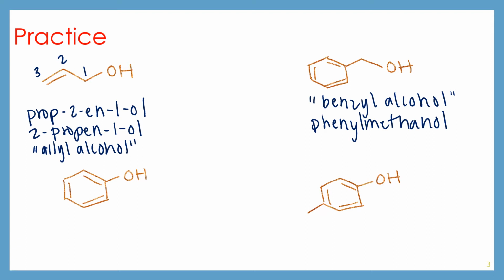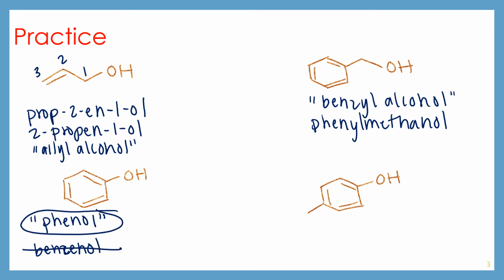Let's take a look at our next one. This one has a common name that is generally accepted. So this compound is usually called phenol. It does technically have an IUPAC name that is benzenol, but typically it's called phenol, and that name has actually been accepted by IUPAC and is often used as part of IUPAC names. So as we move over to our next compound, we can actually name this as a derivative